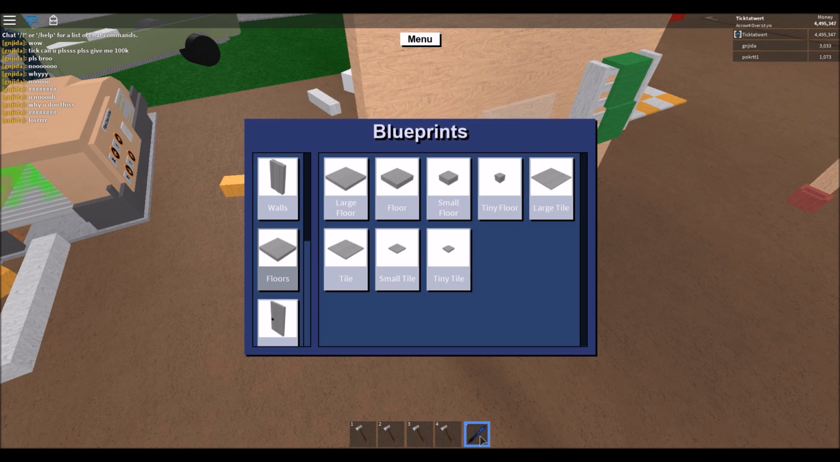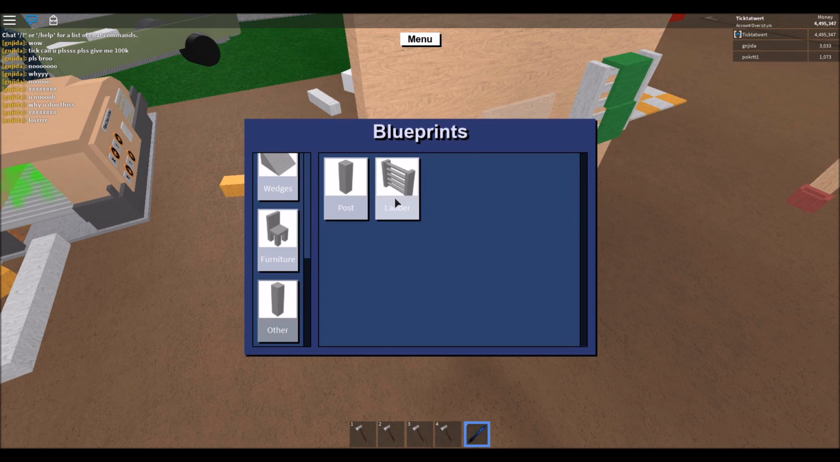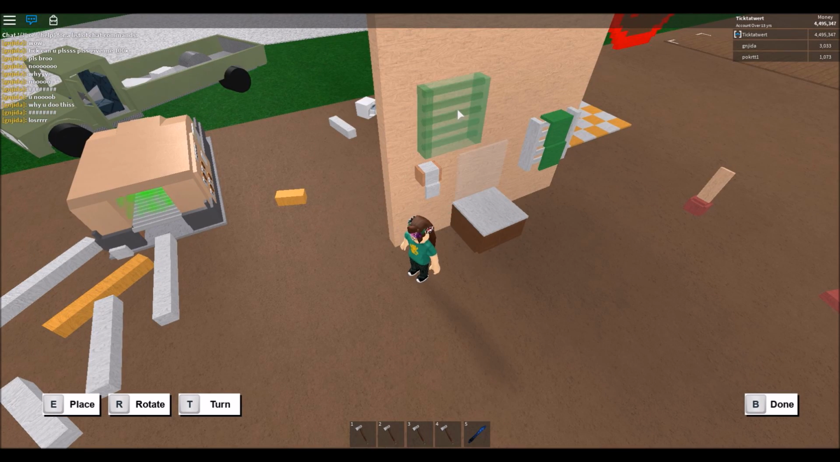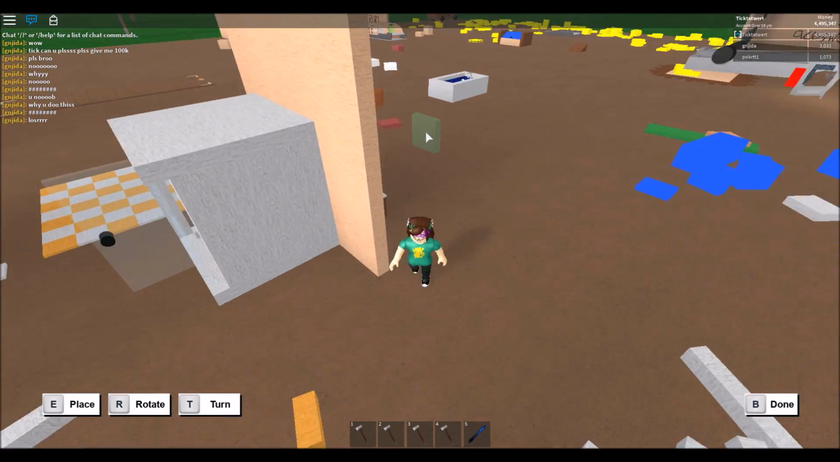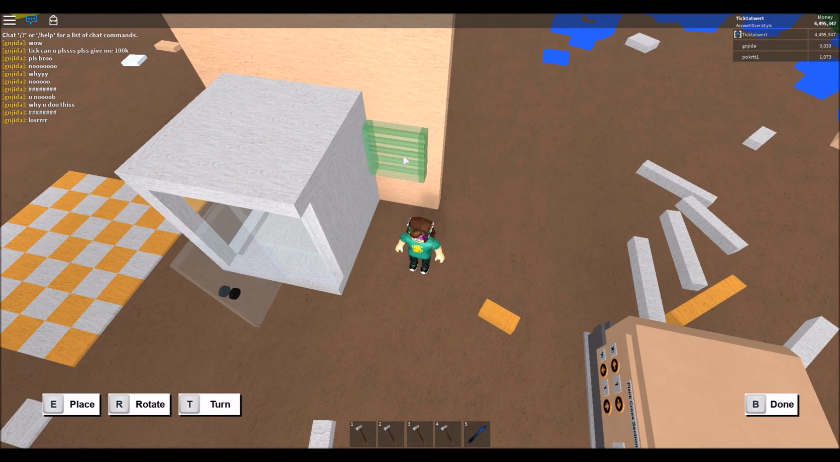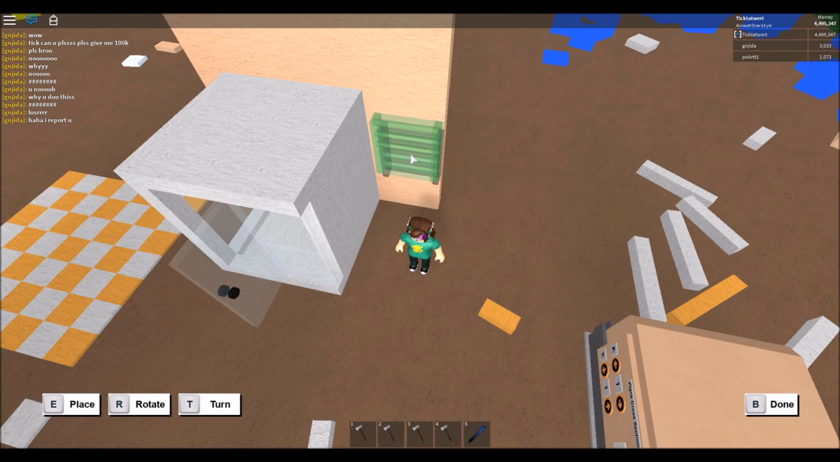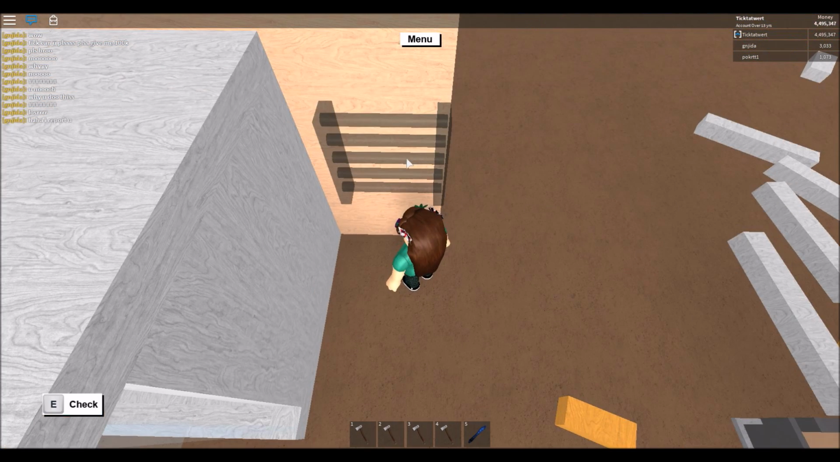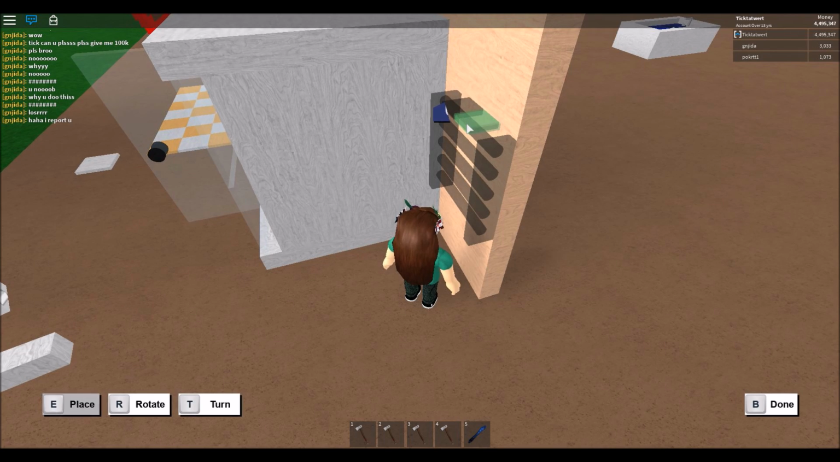Okay, to design a towel rack, first what you need to do is get a ladder blueprint and then place it on a wall. So I'm obviously going to have to place mine up here. Actually I could do it over here. So place a ladder blueprint on the wall like so. And then once you've done that, get a teeny tile blueprint and place 2 teeny tiles on top of the ladder. It might be a bit hard to do